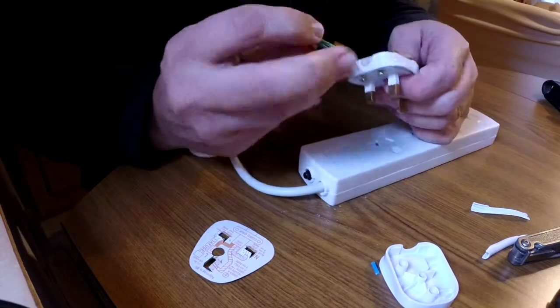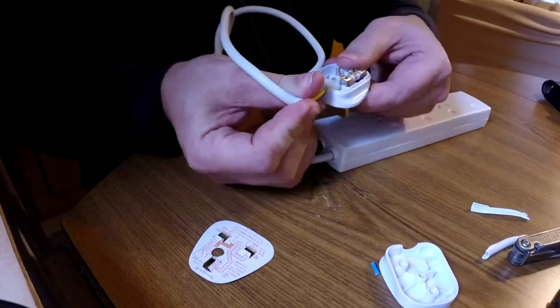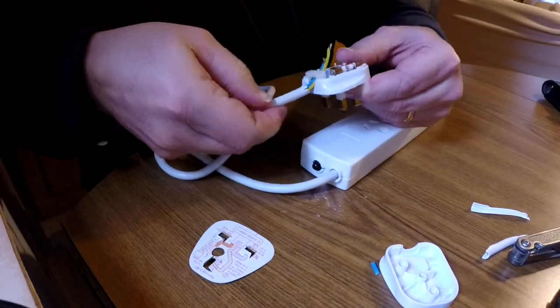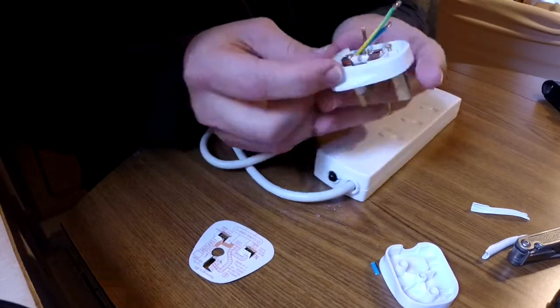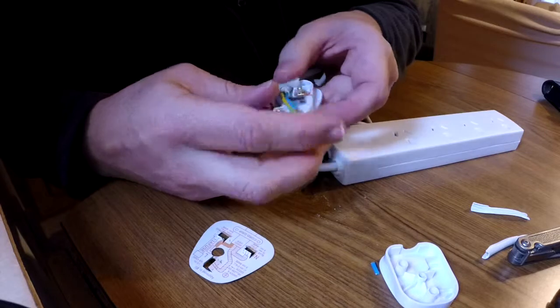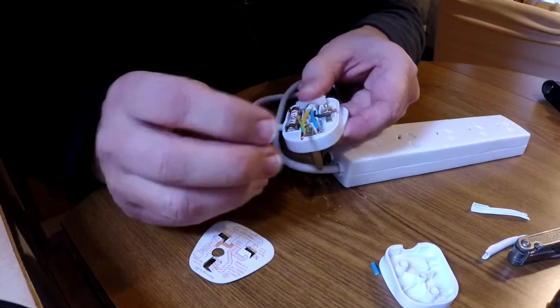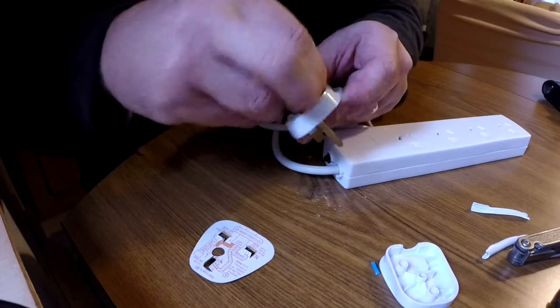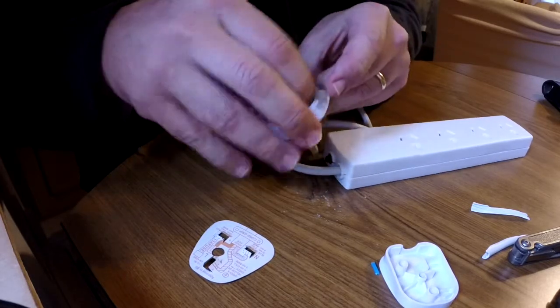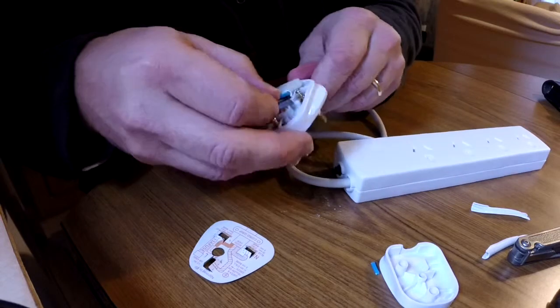Alright, so basically you can take that off or you can feed that up underneath it, either or. Okay, so there we go. We've got the cord now inside the plug. And what we're going to do is position each wire roughly into the area of where it needs to be